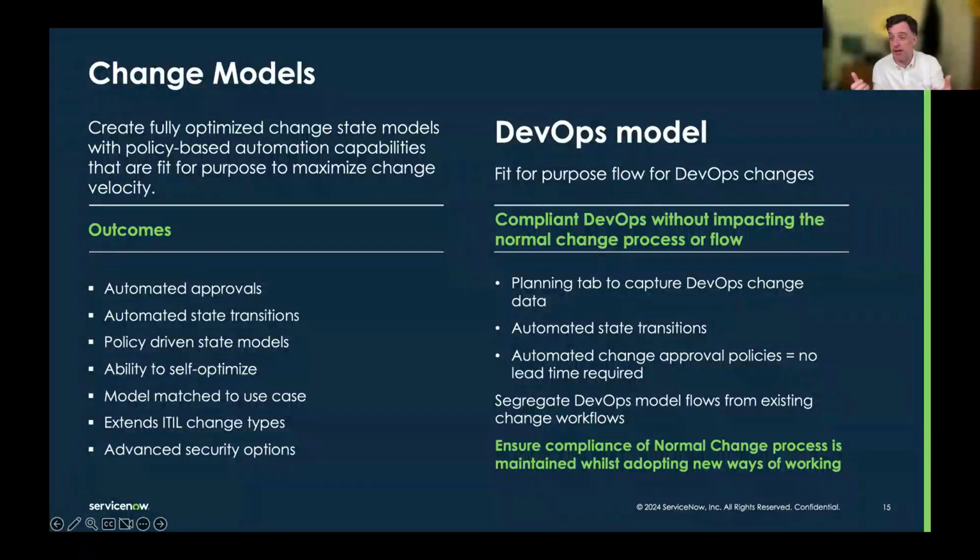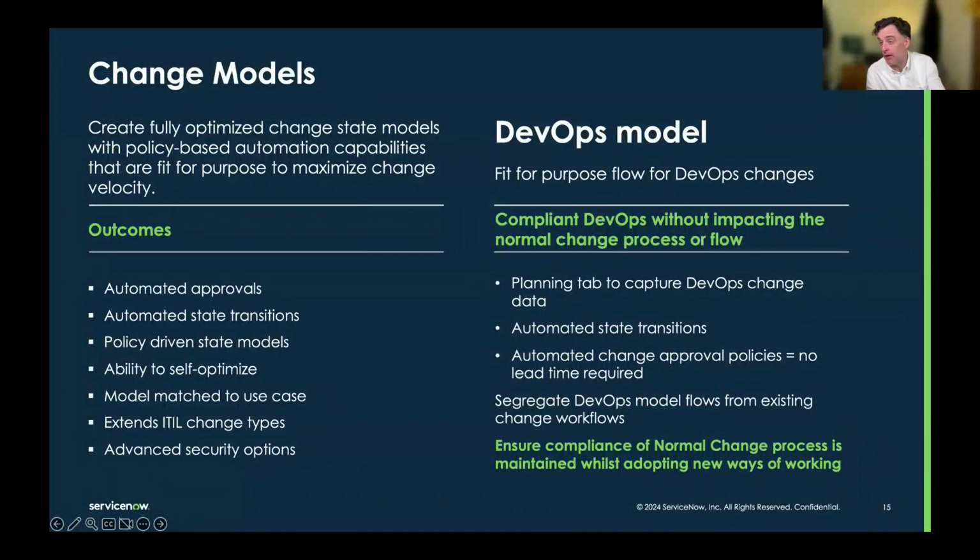What you want to be able to do is say, team A, you can do this as a standard change, and team B, we want you to have an approval because it's a bit kind of ropey when you do it. That would fall into the category of having an approval policy in the change that just checks a success score. We have team success scores in ServiceNow, and you can check the success score of a team, which gives you an idea of how many outages, P1s, P2s, those kind of things. It gives you a score based on the last 30 days, and it can dynamically route a change for approval based on whether that team is successful or not.